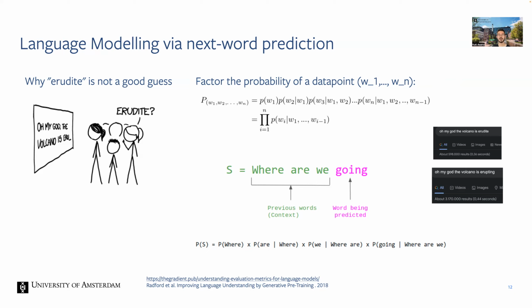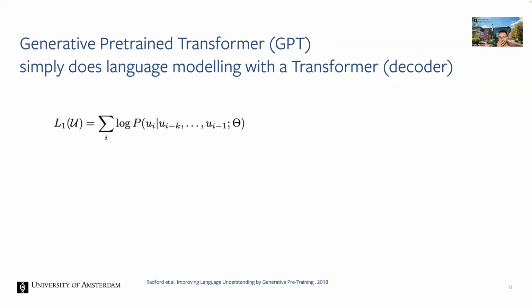It's trying to figure out what's the probability of each thing coming after the context. And obviously, this is not a particularly scalable way of doing it. And in this case, erudite is also a bit biased because of this webcomic that I've shown you, but I hope you get the idea. So let's take a bit of a closer look at the GPT model family.